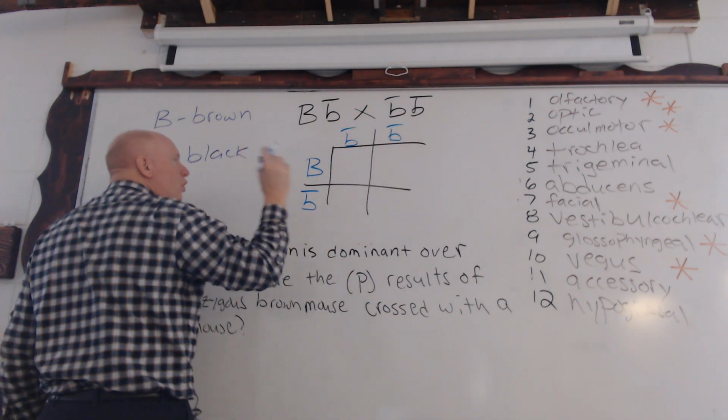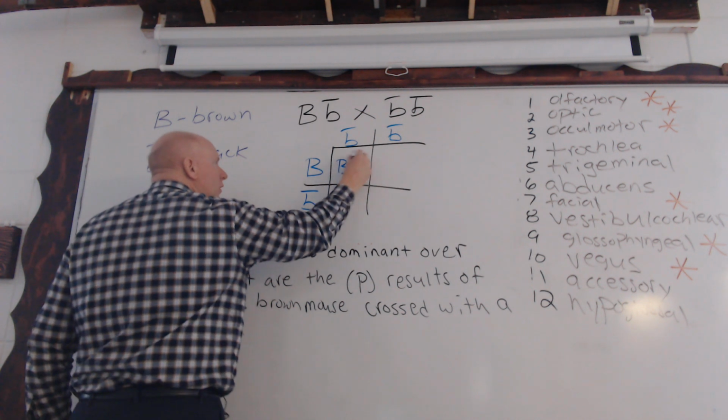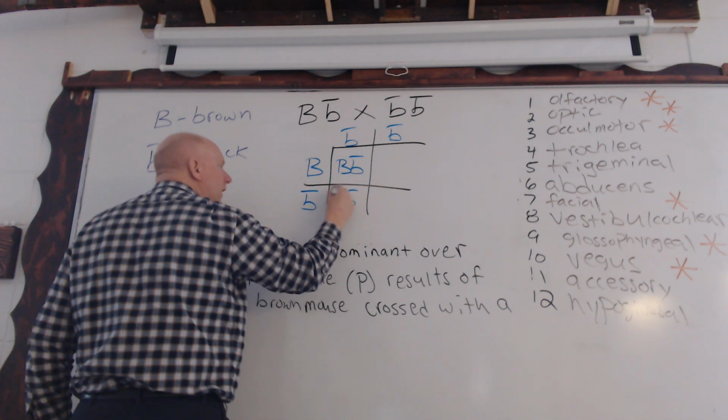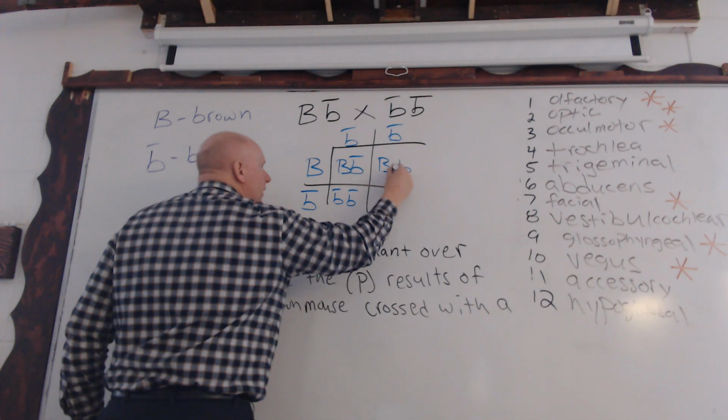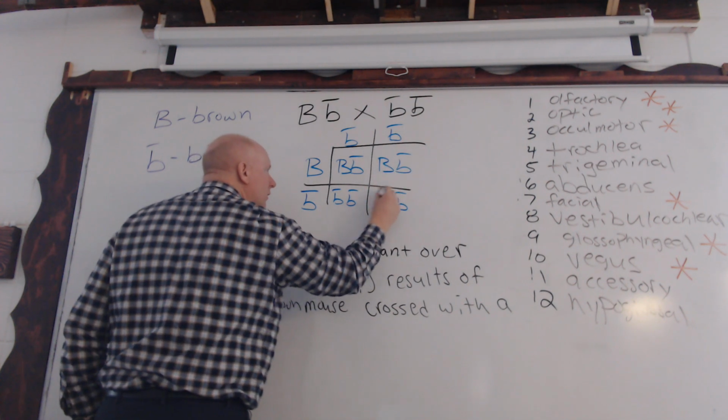Okay, so what are we going to observe? Well, capital B, lowercase b, two lowercase b's, capital B, lowercase b, and then